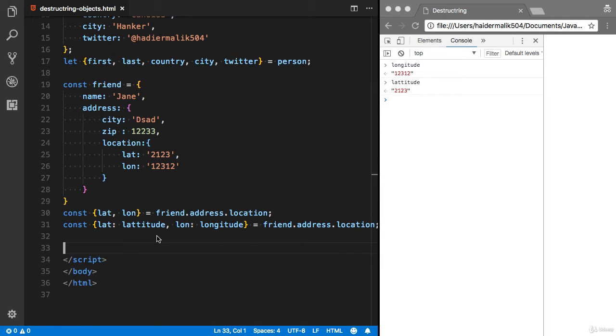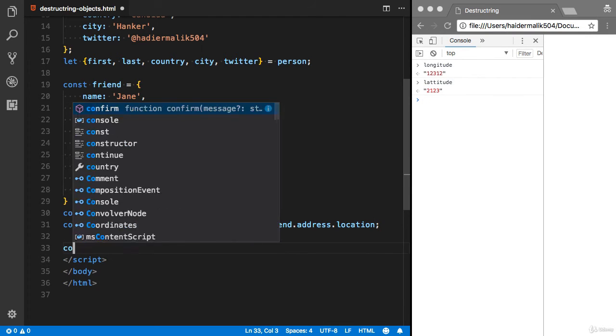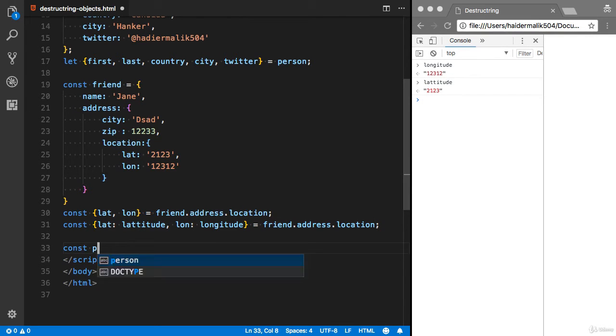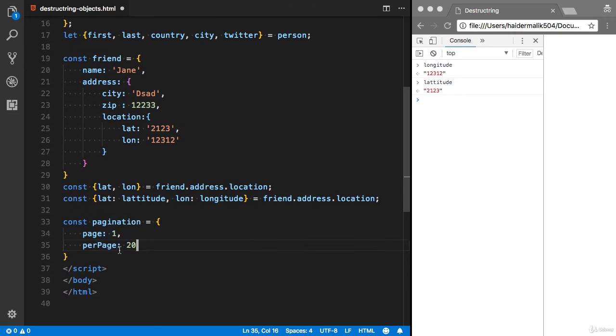One of the most important things, you can also add default values. Let's say I have a pagination object. Cool. And we have page number, which is 1, and per page, which is 10. I would like to load 20 records per page, and you can say here query is empty.